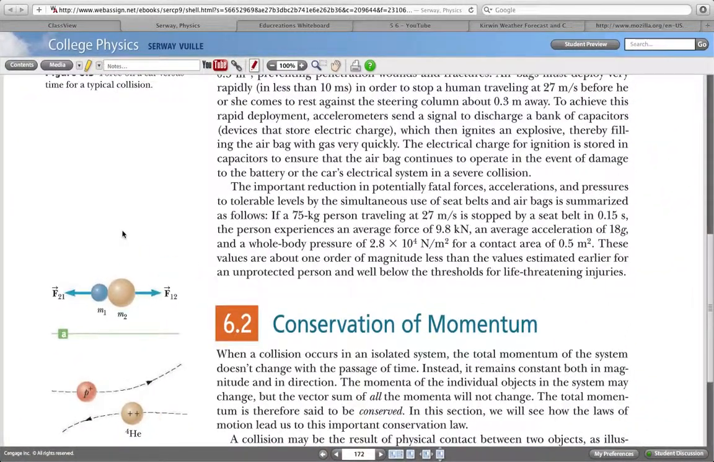Now, there is one caveat here. Momentum is conserved all the time. However, it's not always obvious where it's conserved. And so we like to do these things in the absence of non-conservative forces, because when you have non-conservative forces involved, like friction and things like that,